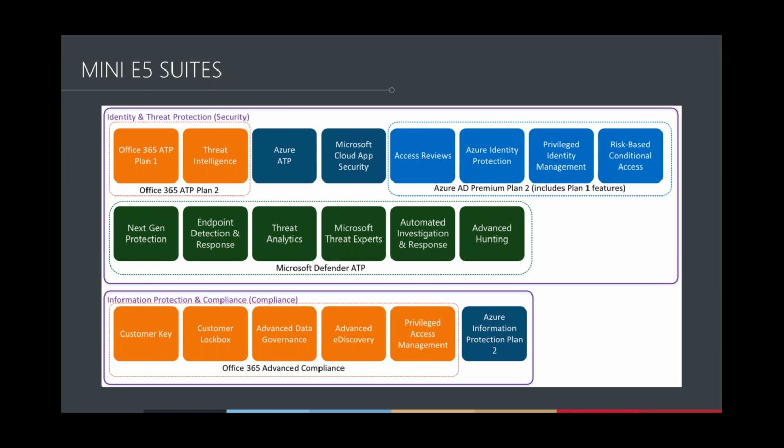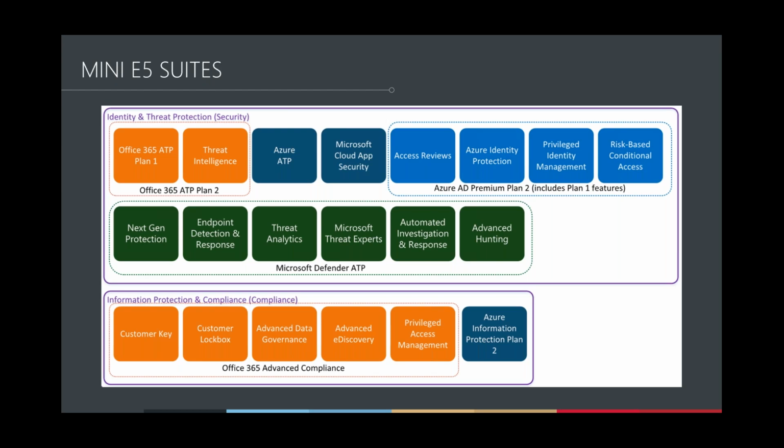Again, we've stuck with the block approach, but you've effectively got two of these mini E5 suites. The first one being information protection and compliance, the second being identity and threat protection. What that does is take that E5 level across Office 365, EMS or Windows Defender and says, well, actually, let's take out the identity and threat protection, the security elements of E5. With Office 365, it's threat intelligence, advanced threat protection, and on the operating system side, it's Defender. And then they bundle those in and say, you can buy just this security level of E5, which is far cheaper than buying the full E5, and also cheaper than having to buy all those individual components,